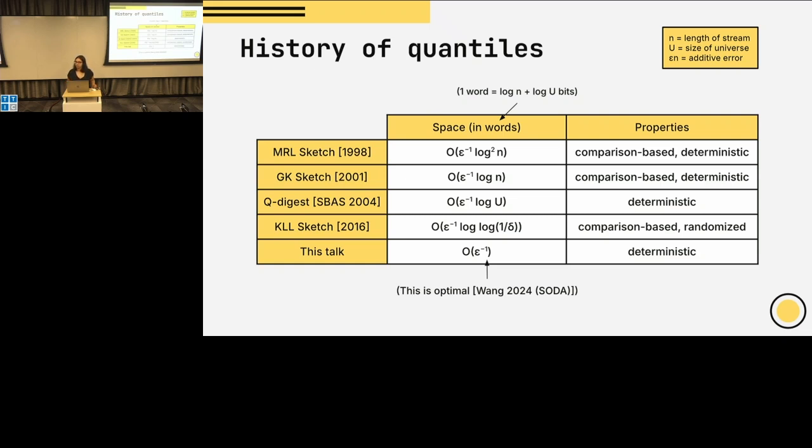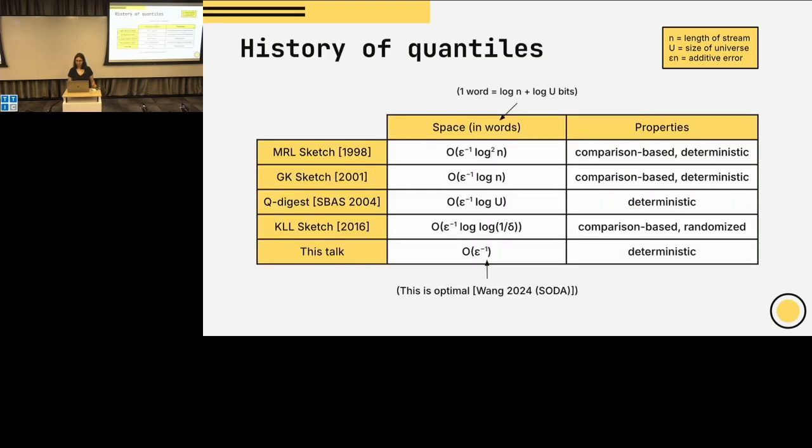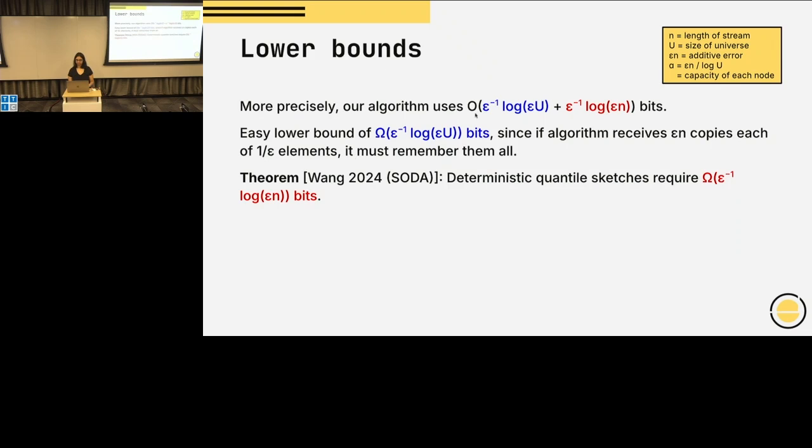I'm confused. I think there is still a gap, right? Your result is 1 over epsilon times log n plus log u, and here you have epsilon inside the logs. Yeah, I wasn't careful on the previous slide, but our result actually matches this exact thing. The reason I wasn't super careful was that it's an additive log 1 over epsilon. You're definitely right that this should be stated more precisely. It's not stated precisely as written.